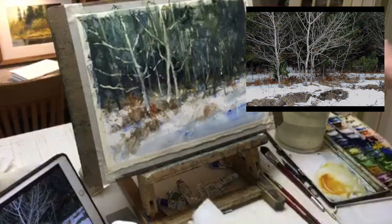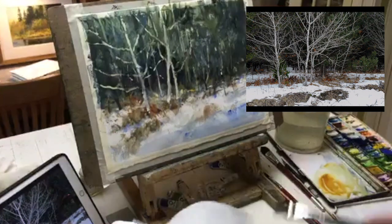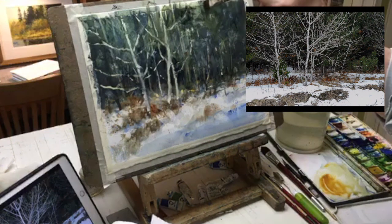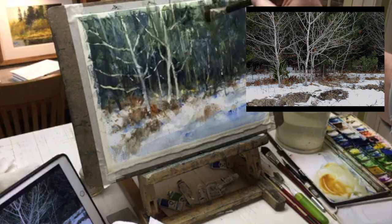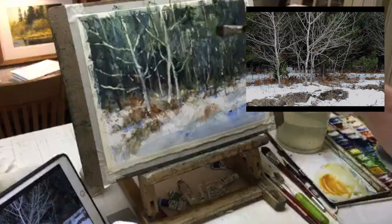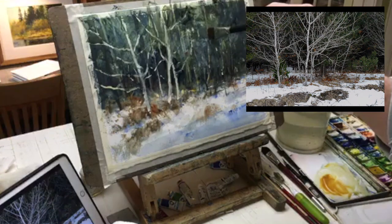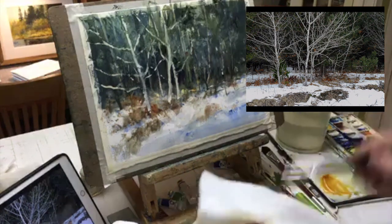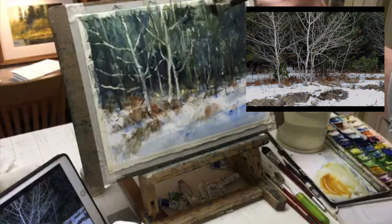Hello. So now I'm going to come off with my 1-inch ox hair. They don't actually make this brush anymore. It was by Morel. And I'm going to slowly connect the top of this tree up to here. And you do this repeatedly. I have different things for lifting, but sometimes I just want them soft